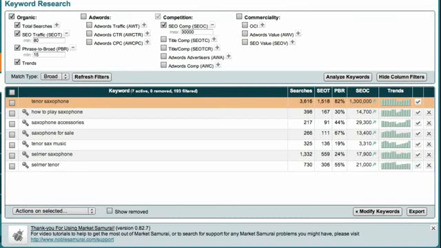For each of these micro-niche keywords, the #1 ranked site in Google receives at least 80 visitors a day, and there are less than 30,000 competing websites. I can now review my list of micro-niches and select one to use as the theme keyword for my 30-day challenge website. For example, in reviewing the list I have here, the one that stands out to me as a good possibility for a website theme is how to play saxophone. Once I've chosen my theme keyword, I can again click the key symbol next to the keyword to drill down